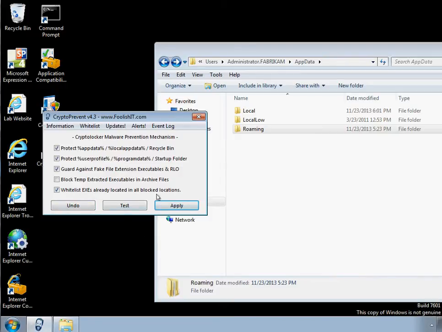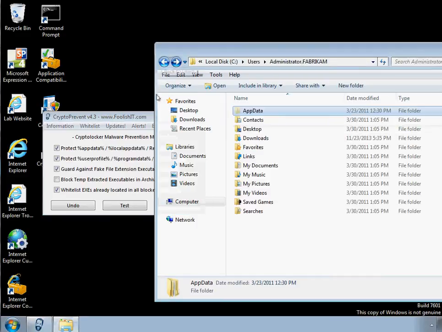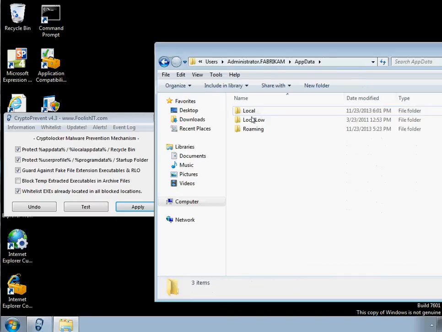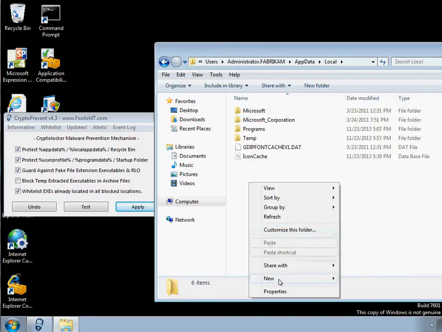And now I can be happy. I can turn on my computer. I know nothing is going to run on this side. Another example would be in app data right now. If I created any exe,